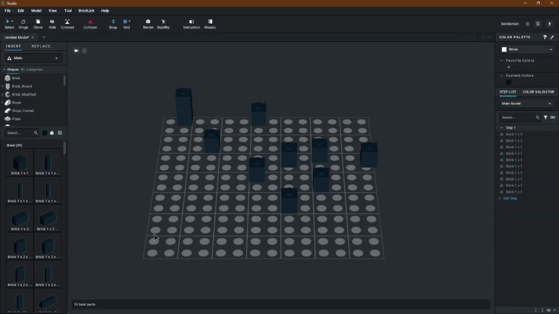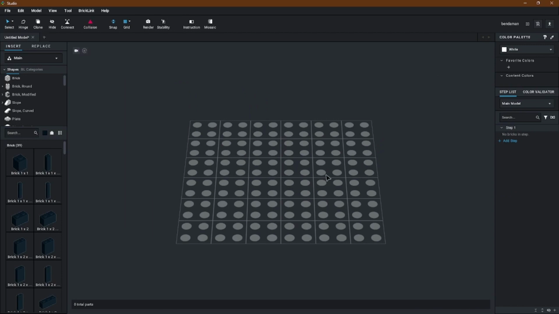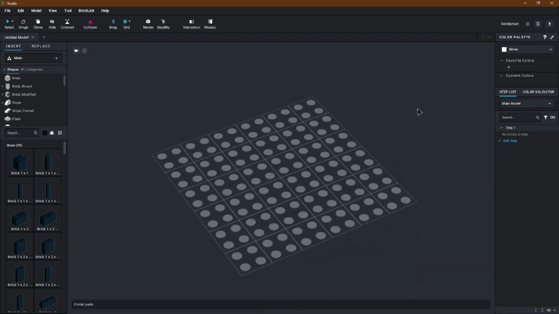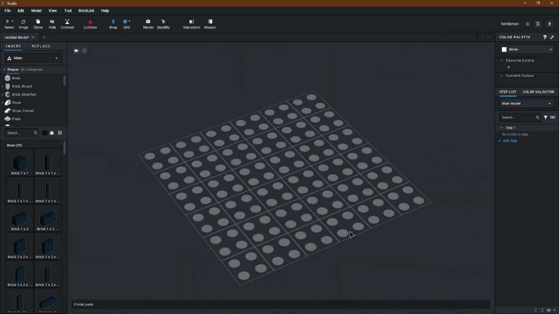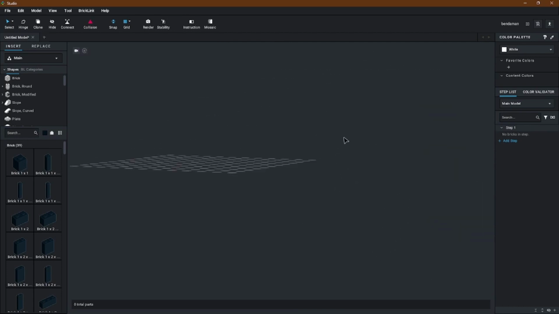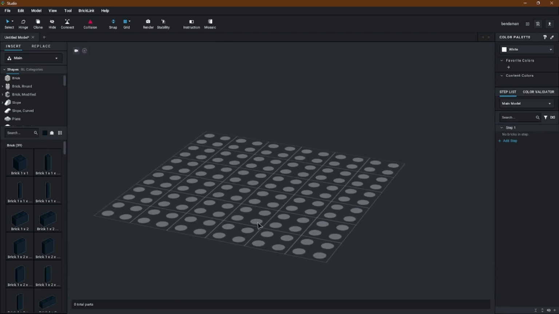And to multi-select, you just want to hold down and drag your mouse and click delete. Now, to move around, you right click and move around your mouse, and you can rotate, move it up and down. And to zoom in and out, you can just move your scroller. And if you want to move the actual thing around, you just gotta click it with your scroller and move it, and this will edit origin. Or you can just click this and set as origin. I'm not sure where that is, but put it in the middle.